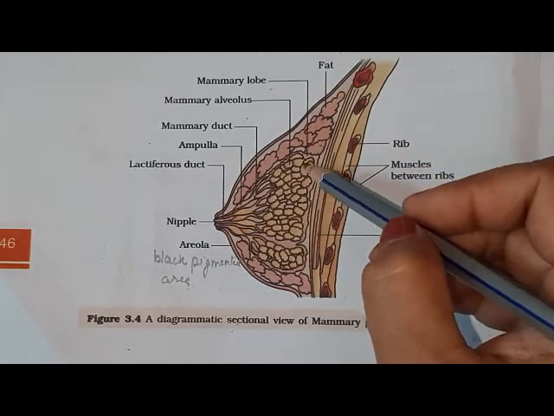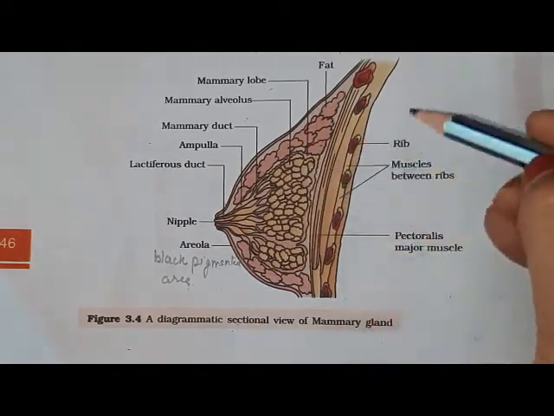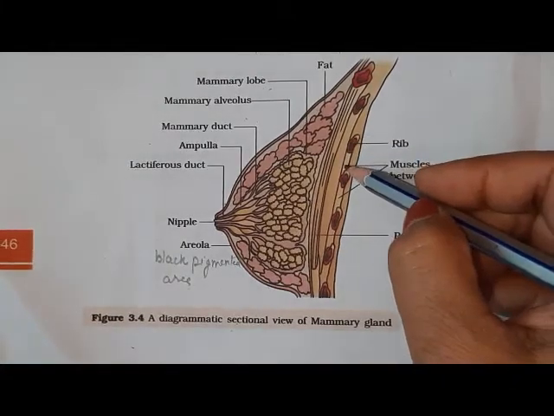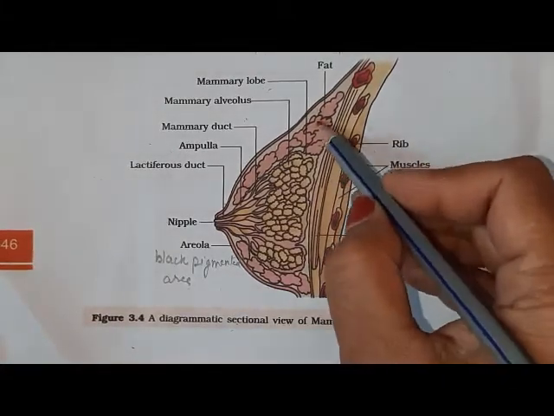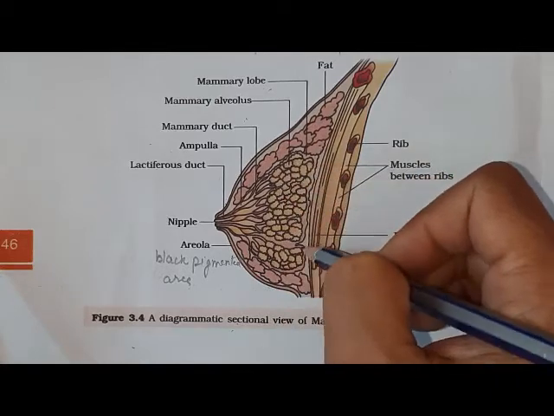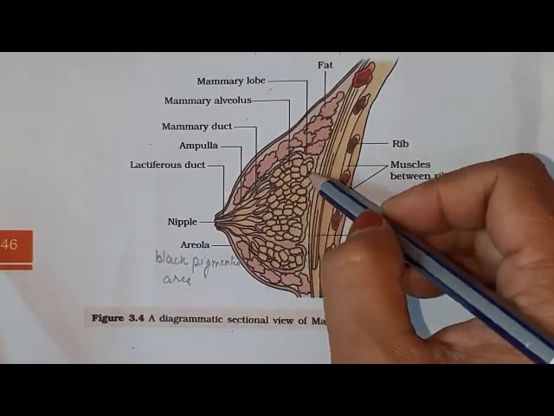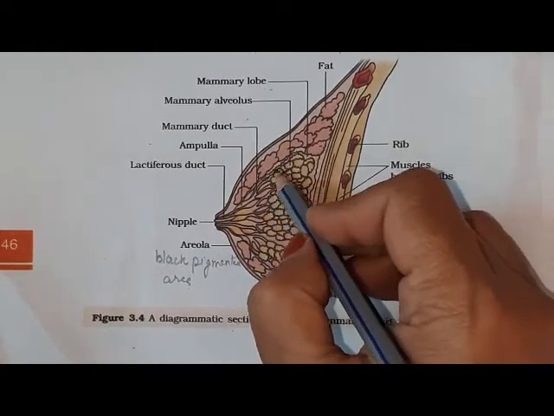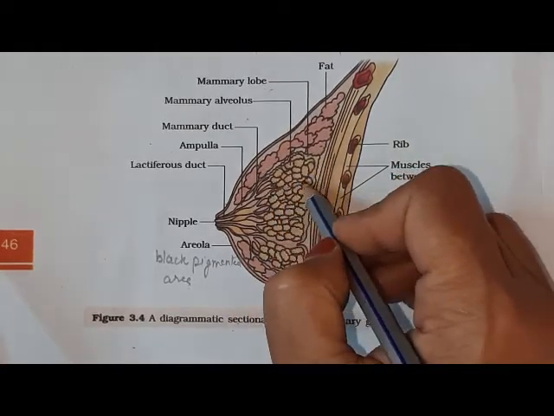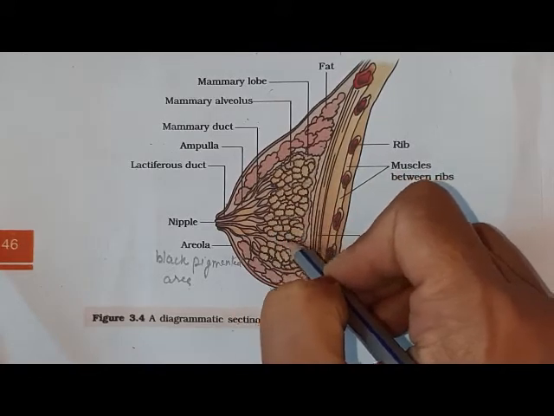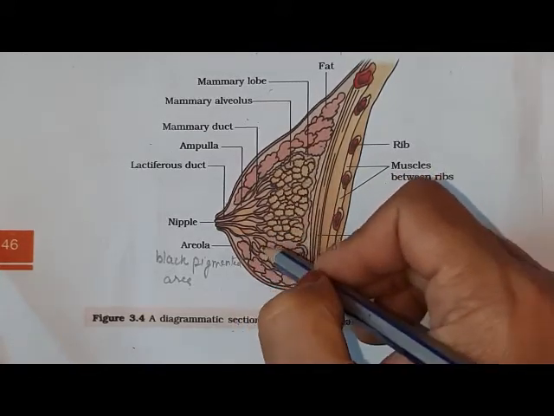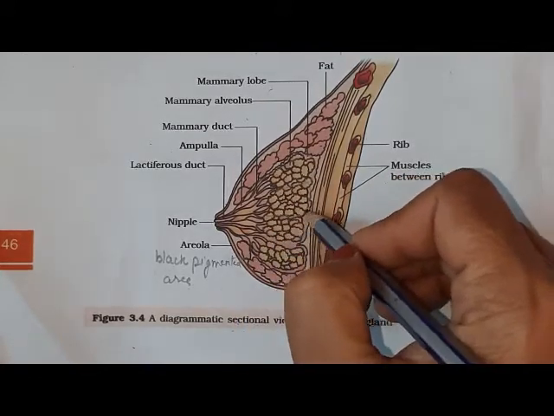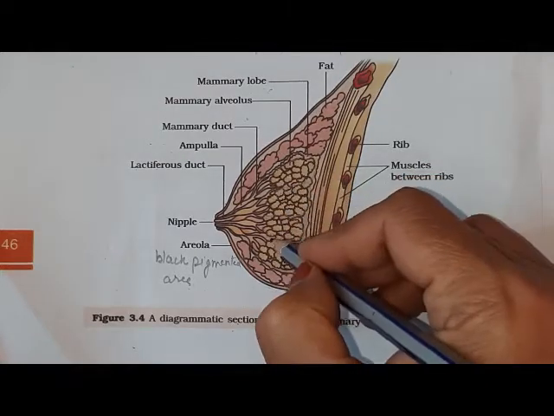It is made up of glandular tissue and fat. This is the fat and this one is the glandular tissue. These glandular tissues form mammary lobes. These are lobes. 15 to 20 lobes are present in the breast. These are the lobes and each lobe